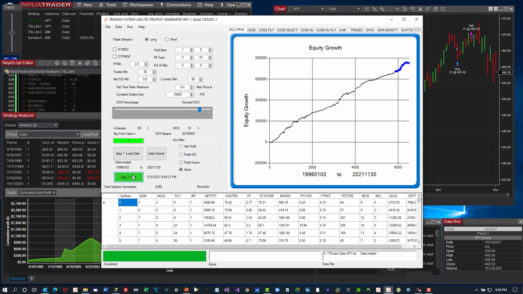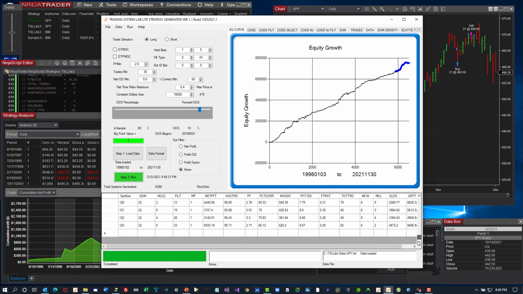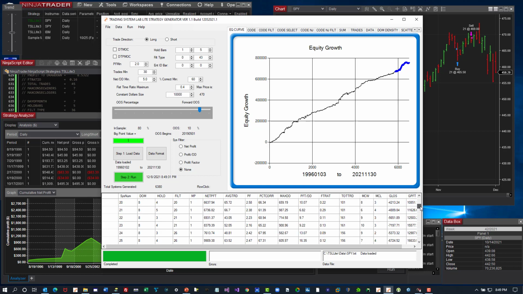And in a few seconds it's done. We've designed many trading strategies. In fact, we've designed 6,380 trading strategies, and my filter criteria has allowed only 124 subsystems to come through the